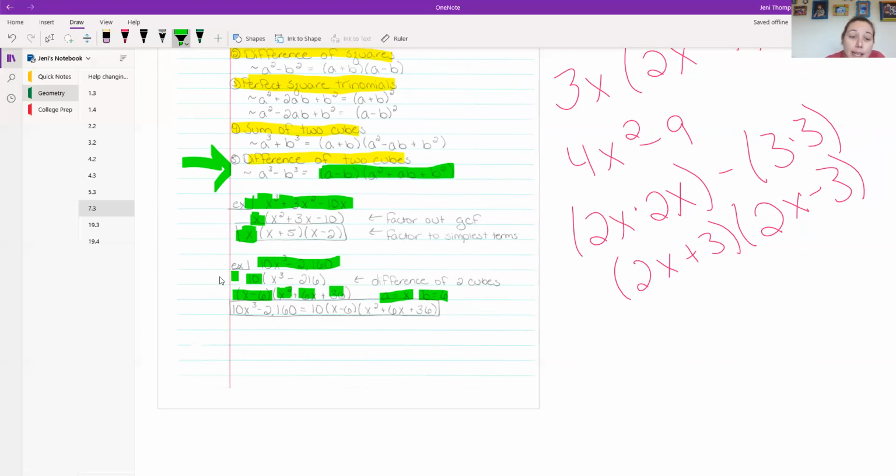And this 10 still needs to come along for the ride, right? So my final answer is this guy. The 10 stays along and just hangs out on the outside. Since I factored that out, it stays with my answer in the end. And then I just follow the instructions on how to write my factored answer here. When I recognized it was a difference of cubes, I knew I was going to be using this. So I was able to identify my A and my B, and then just